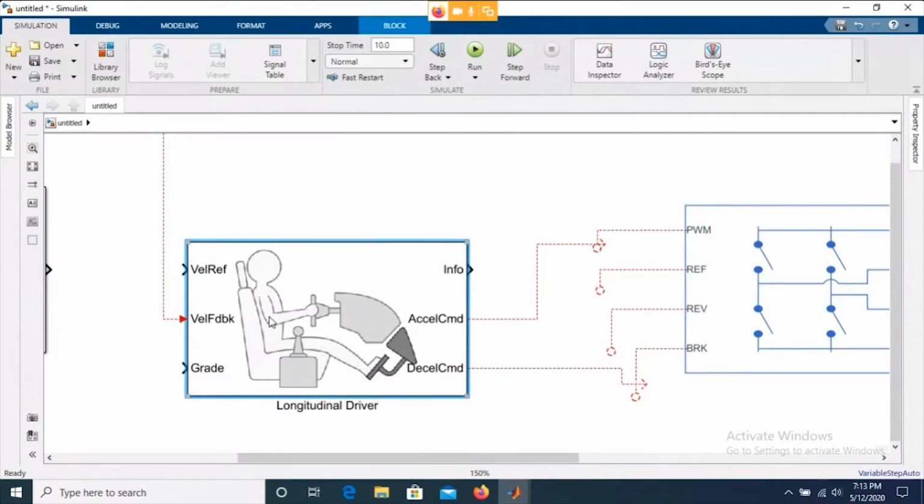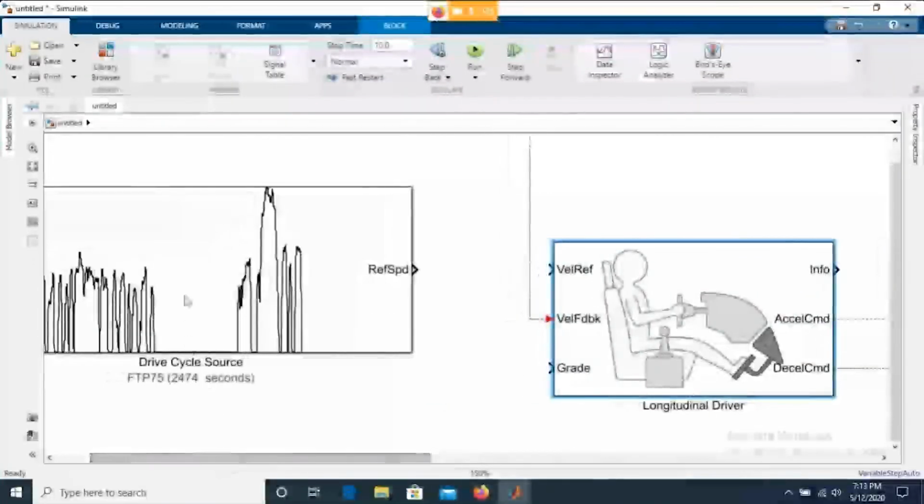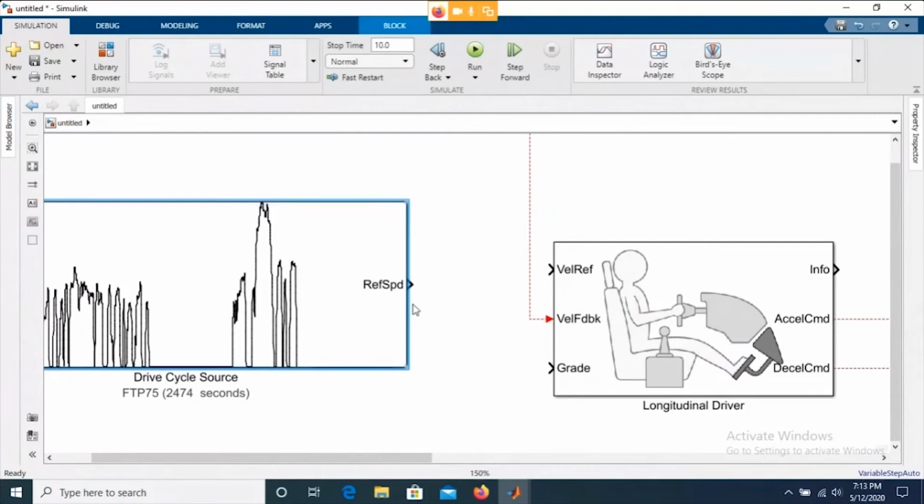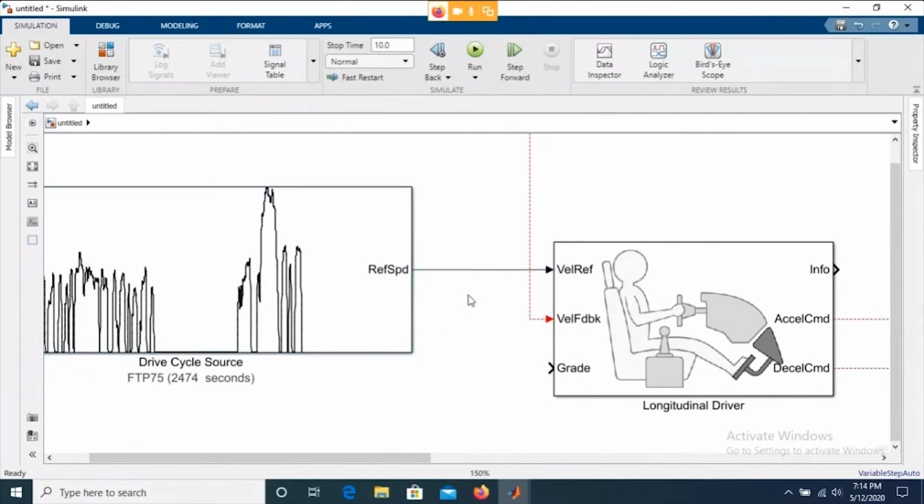So let's say you are the friend sitting behind the driver, and you connect these two points like this. Whatever your reference speed is, that is your velocity reference, and the actual speed of the vehicle is the vehicle feedback.